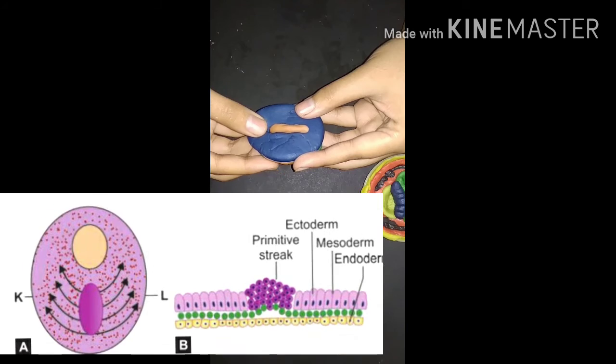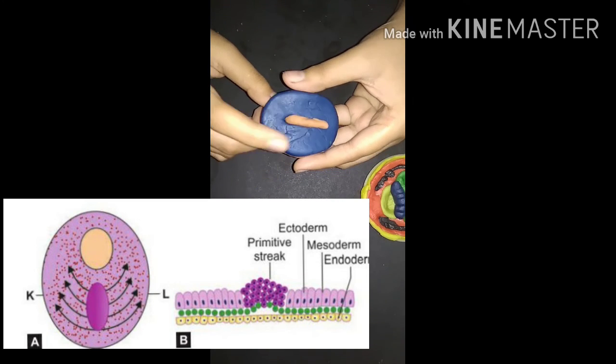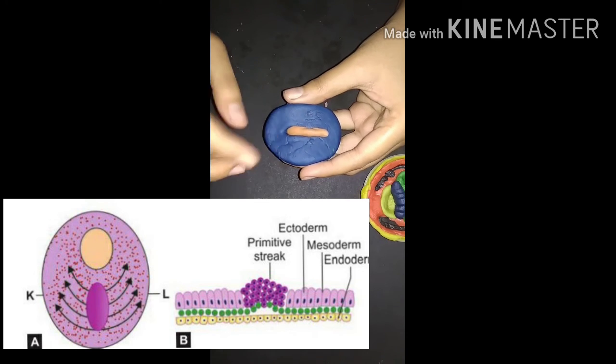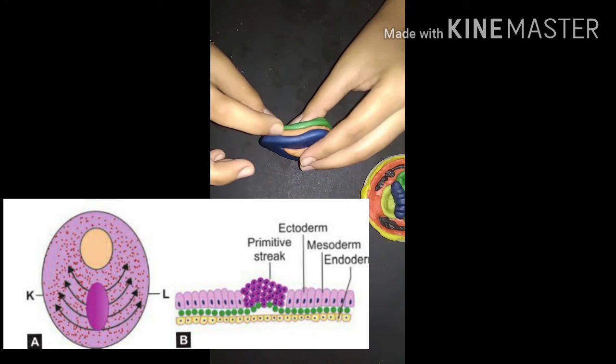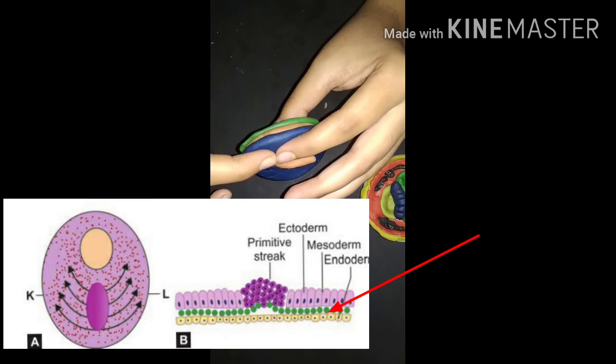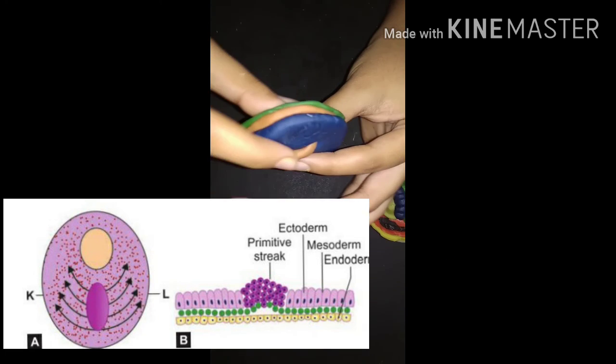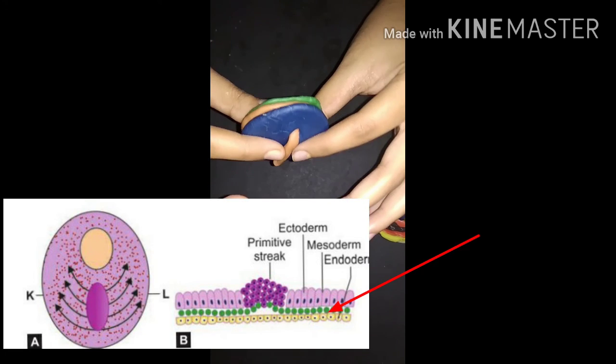As this embryonic disc gets prolonged, it gets elongated. Along with that, this primitive streak also gets elongated. So here we can see this primitive streak is piercing this ectoderm, and it is forming the intraembryonic mesoderm. So this middle layer is the intraembryonic mesoderm. It is between this ectoderm and this endoderm. So at this stage our embryo is trilaminar, or all three germ layers are present in it.